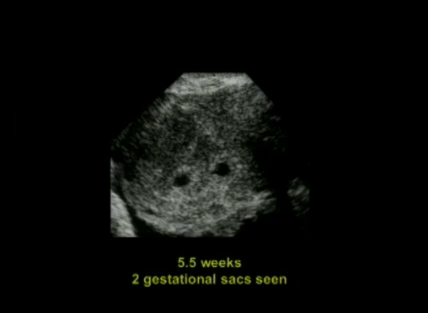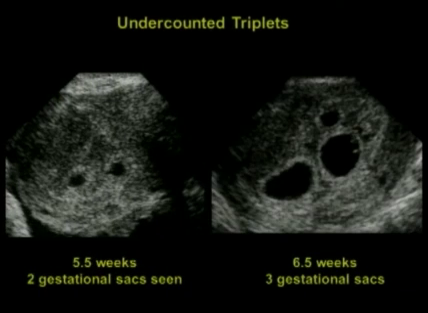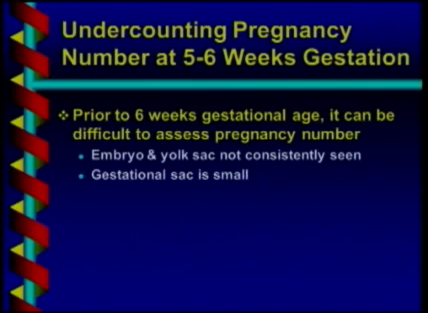So we could say to this woman, you're having twins. But in fact, there's a third gestational sac a week later. And in fact, within about a week or two after that, there were embryos in all 3 gestational sacs. And she had normal triplets, which were undercounted on the initial scan as twins. So undercounting pregnancy number at 5 to 6 weeks gestation happens, and not that infrequently, because prior to 6 weeks